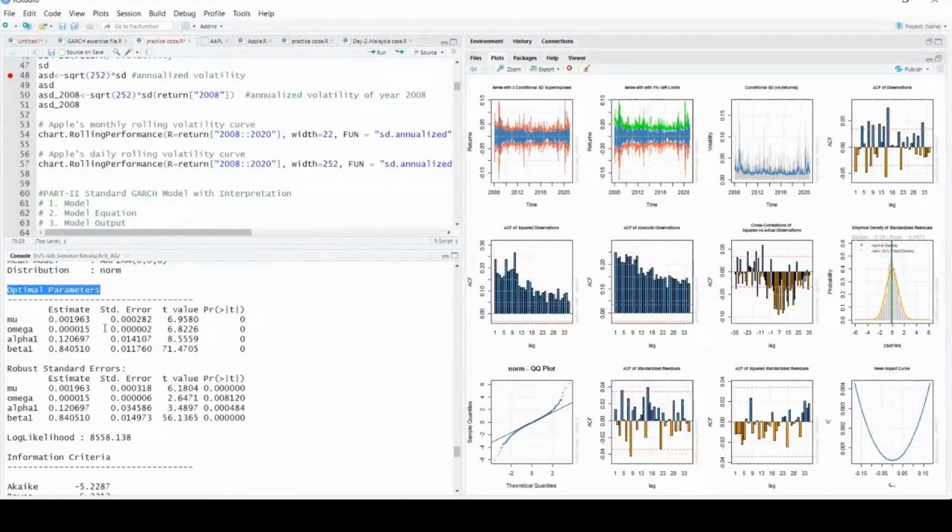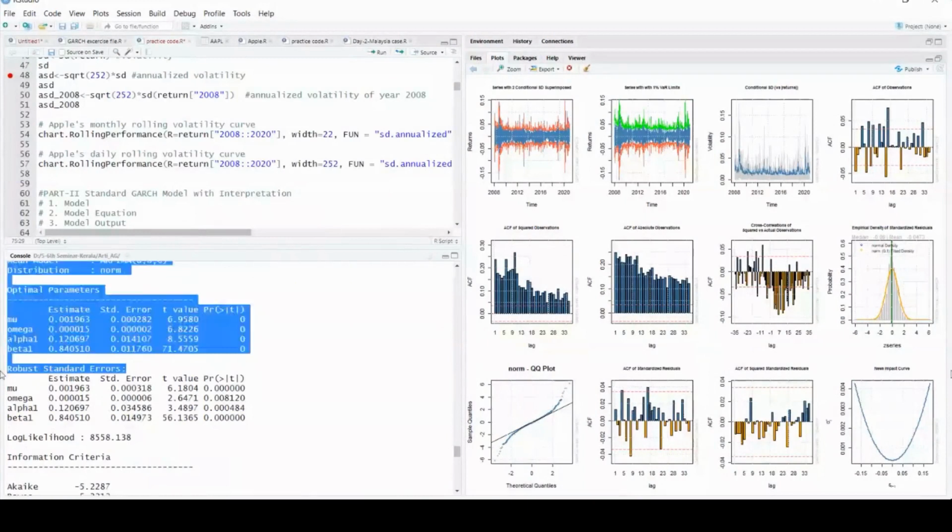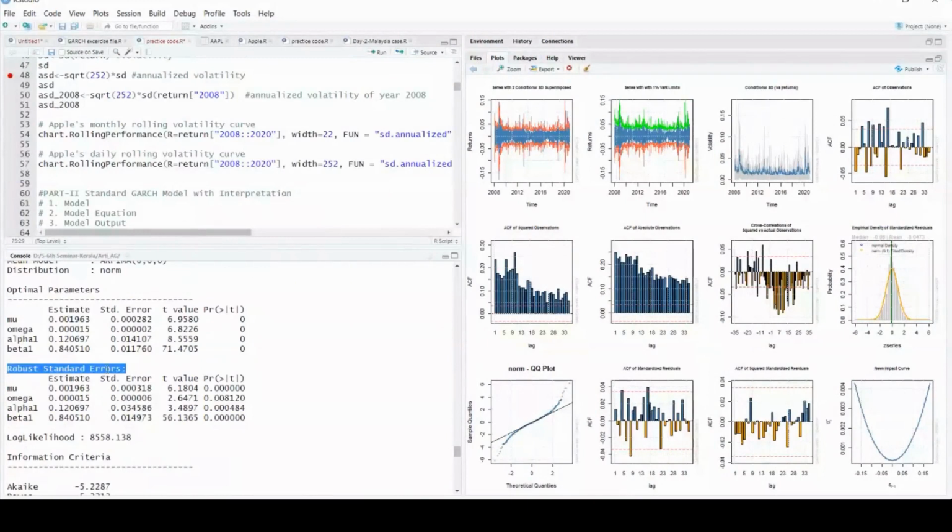If the model is correct, more or less you will get both things similar. Are you getting my point? This is something adjusted which right now I cannot explain to you because it requires a mathematical equation, so I cannot explain it verbally right now. But one thing you understand, optimal parameters and robust standard errors here for the given parameters we extracted are similar, and if your model is explained properly, it will be similar.